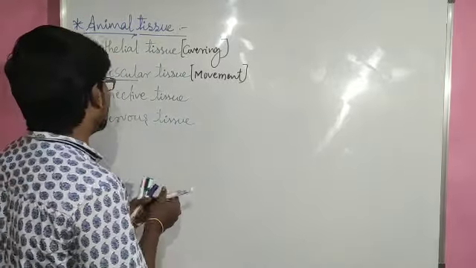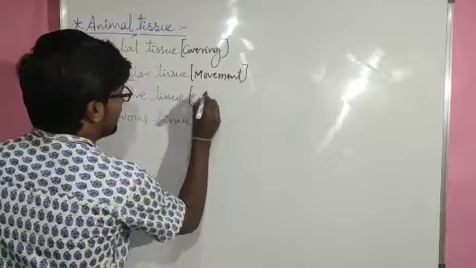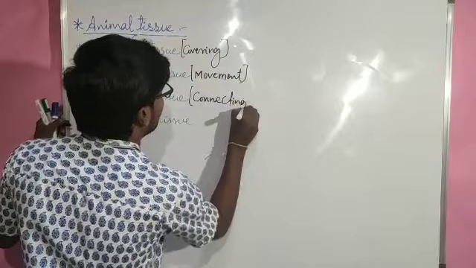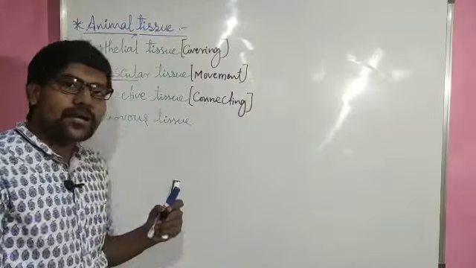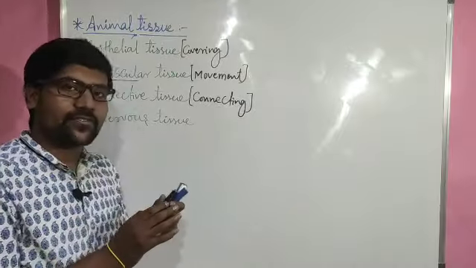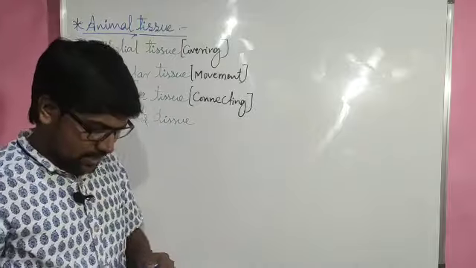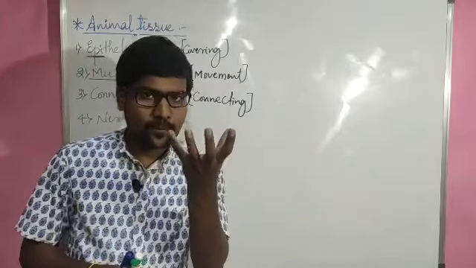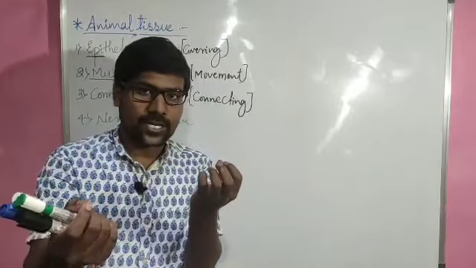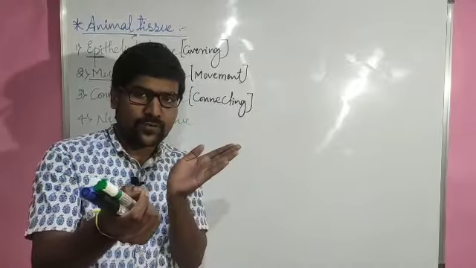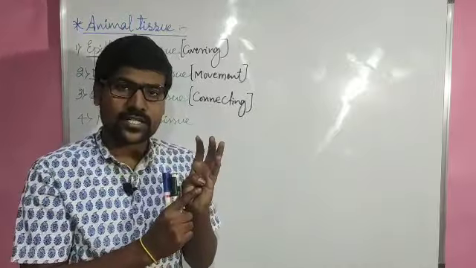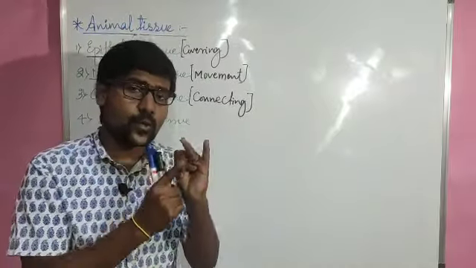And in the same way, the third one, connective tissue. As the name itself indicates, it helps in connecting two different parts of the animal body. The work of this connecting tissue is just connecting different parts. For example, imagine the heart is going to pump, it is going to expand. When the heart expands or pumps, the blood comes outside. That blood goes to all other body parts. While it is going, it will take oxygen, digested food and useful materials.